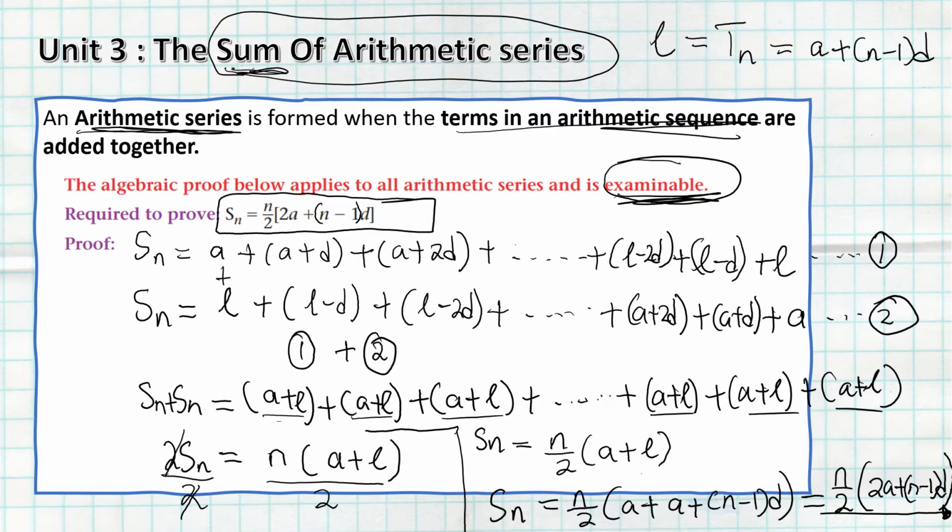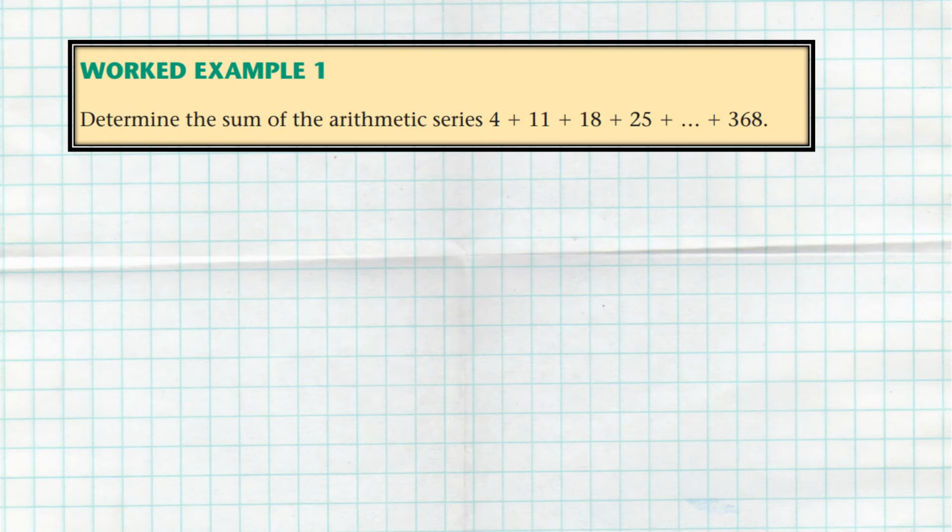Very simple. First equation, you show them you are adding the terms of an arithmetic sequence. Second equation, you add those terms from the last term going back to the first term. Third step, you add the two equations. After adding the two equations, you can simplify and solve for your Sn. Okay, great stuff. Now that you know how to prove the formula for calculating the sum of the terms of an arithmetic sequence, thus forming an arithmetic series,